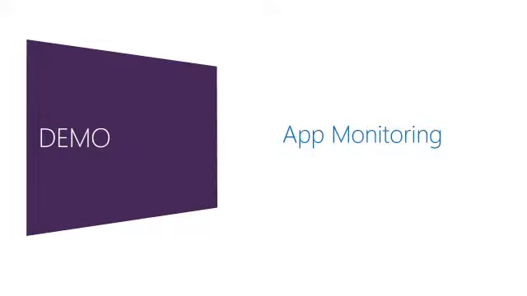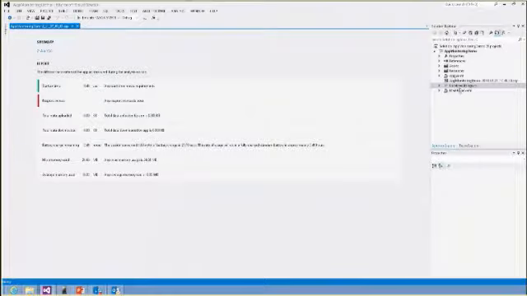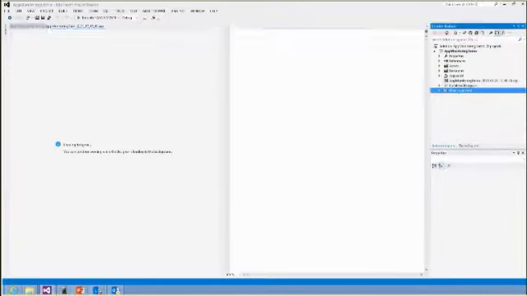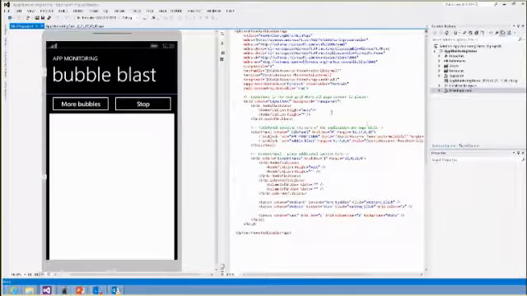So now I'm going to show you a demo of the app monitoring stuff. So here we've got an application. It's a pretty simple application. It's basically just got a couple buttons and a canvas, if the designer loads. There we go. And basically, when you click on the button, the